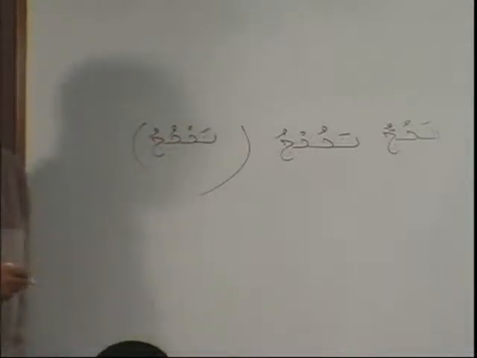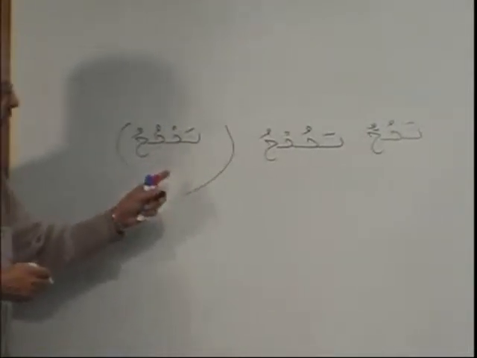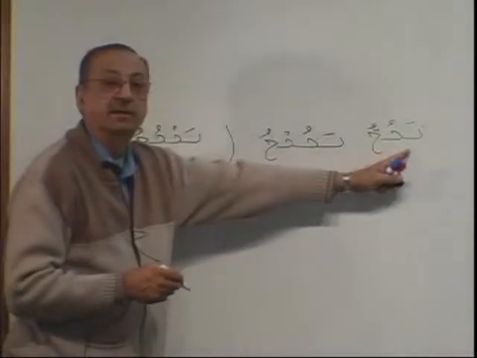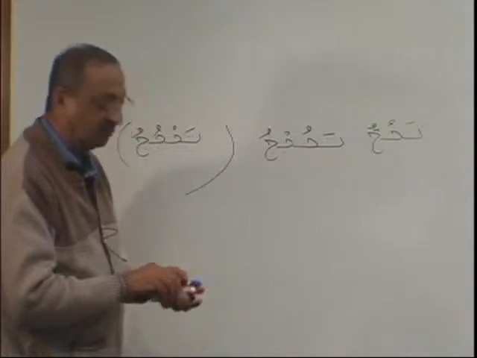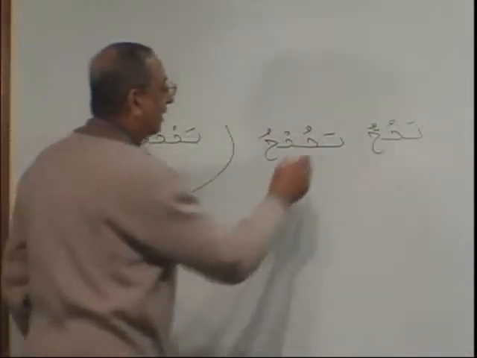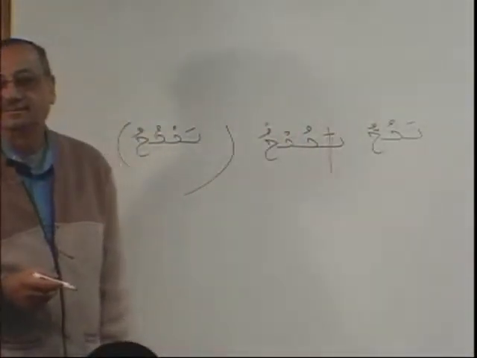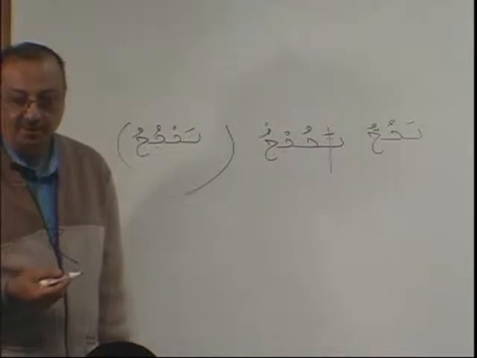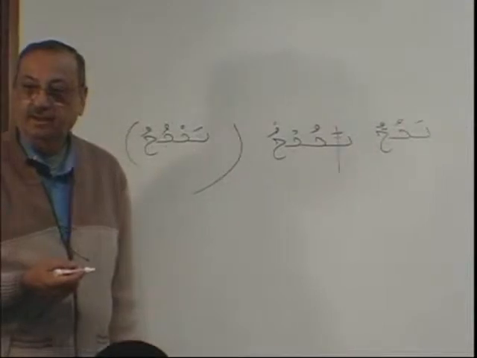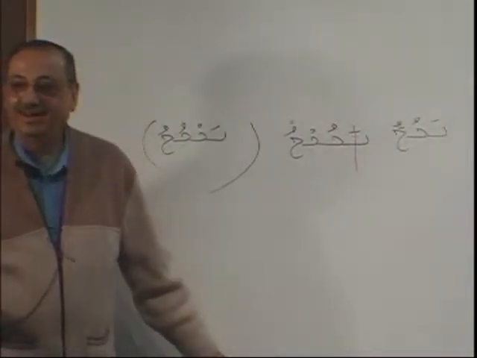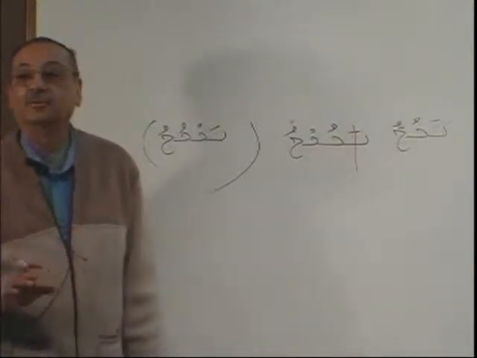This is the original, remember? Hajaja, tahjuju. And then it became tahujju. Now, Brother Hassan, let's do our chopping. I chop here, and then I give a sukun here. I'm making amar, so I give the lam kalima a sukun. I don't have to bring anything. I can pronounce the hu, so I don't need Hamzatul Wasal.